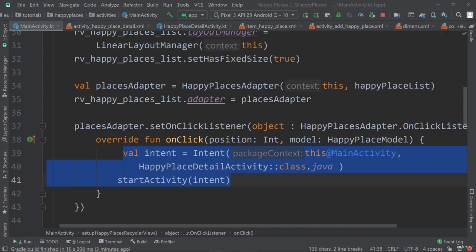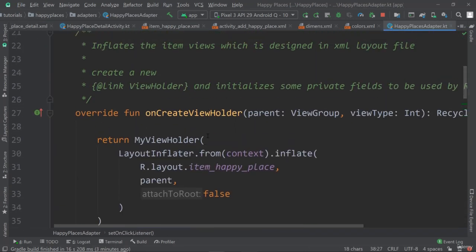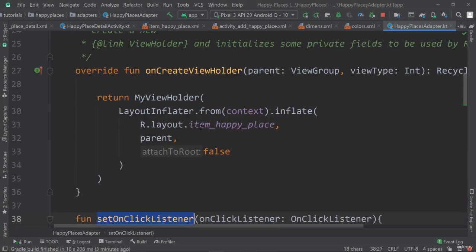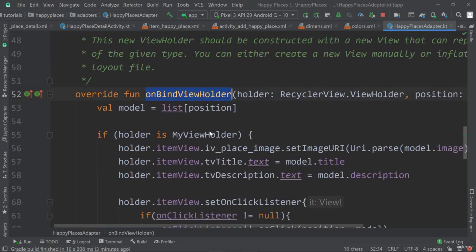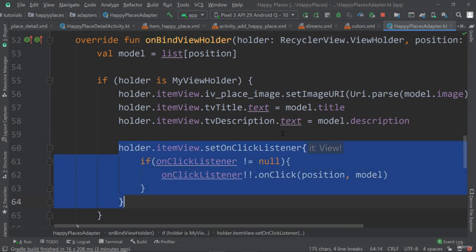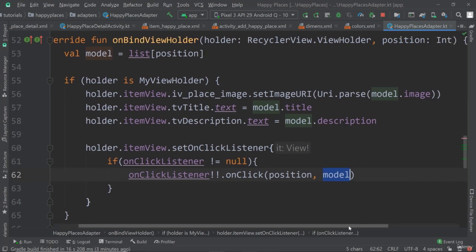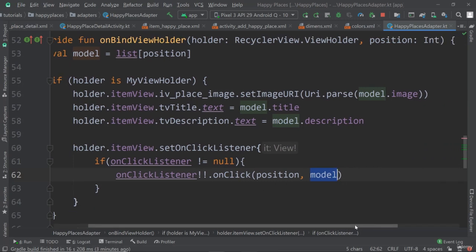Okay, and then you of course need to bind that. So that's the final step. You need to bind it to the individual view holder. So you go to onBindViewHolder, and then you assign this OnClickListener to the holder's item view. And if it exists, then you call the OnClick function. And here at this point, you of course have the position and model, in our case the model, but it's not necessarily just going to be the model. You can have whatever structure you want to have for OnClick,